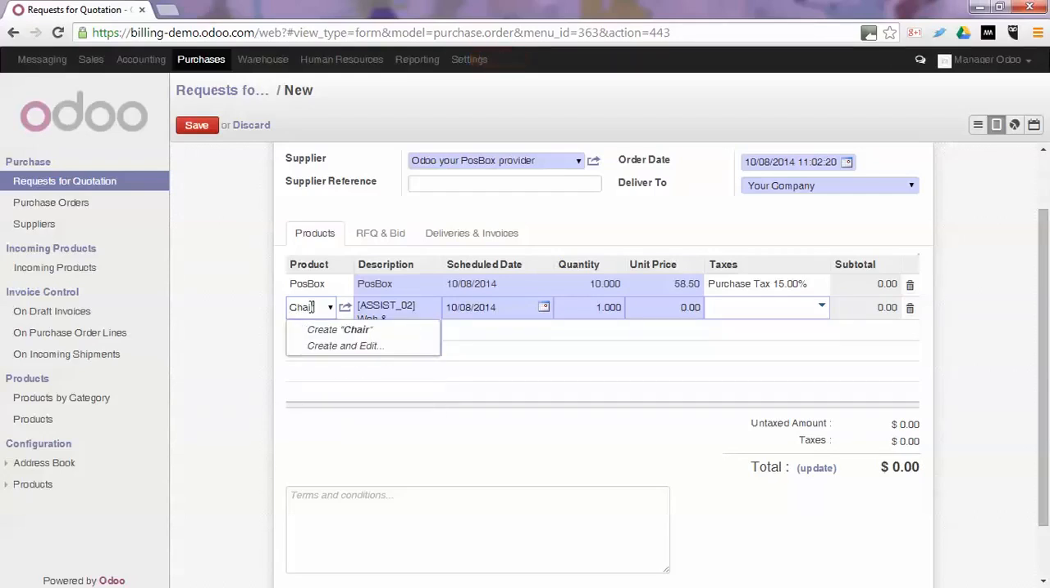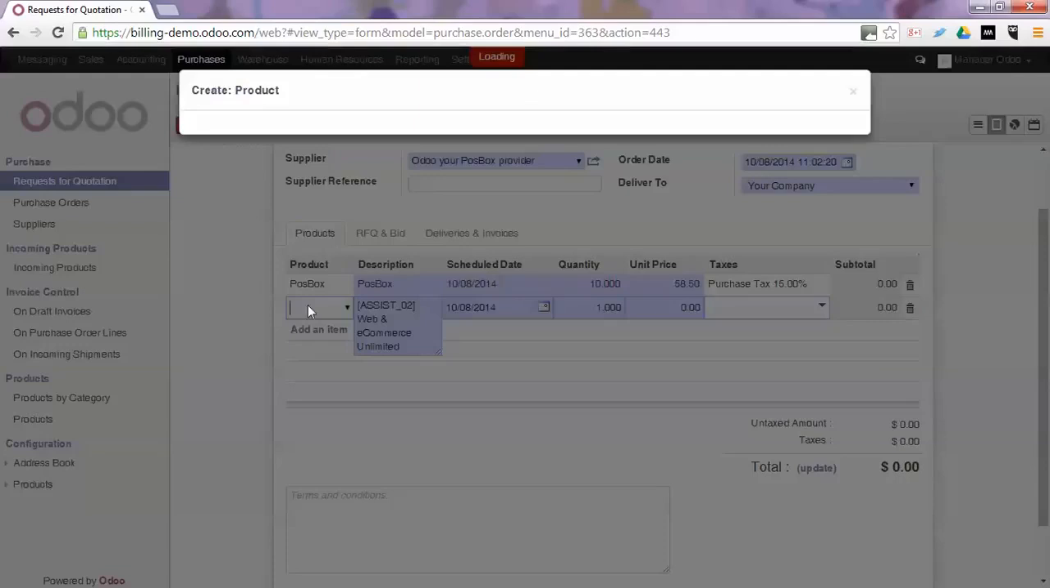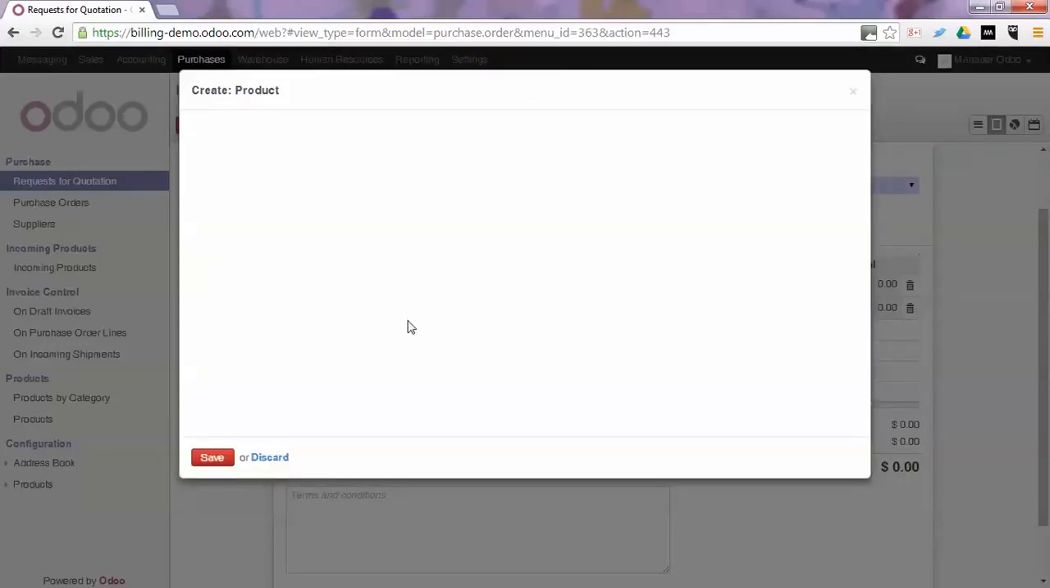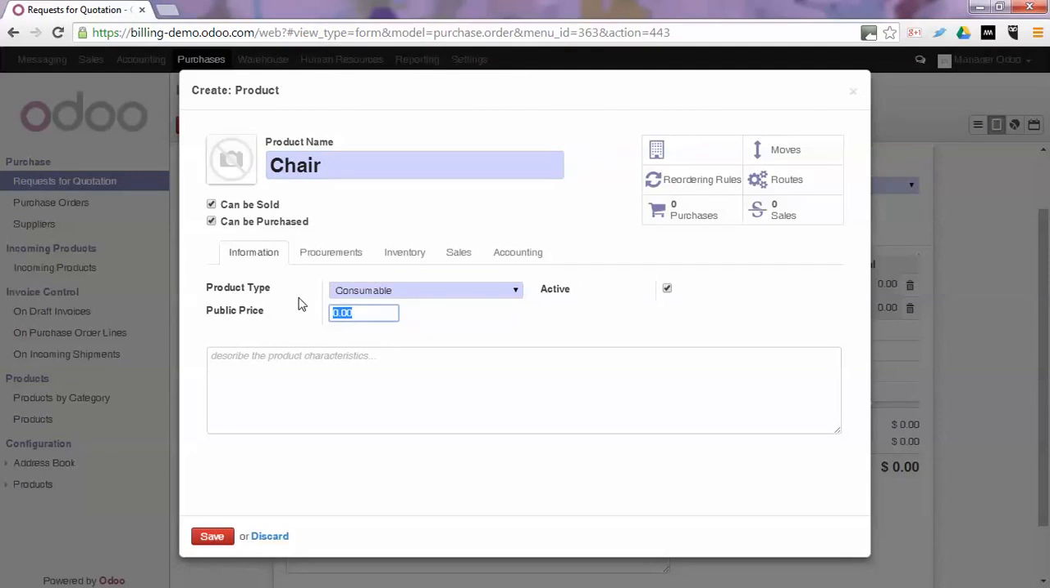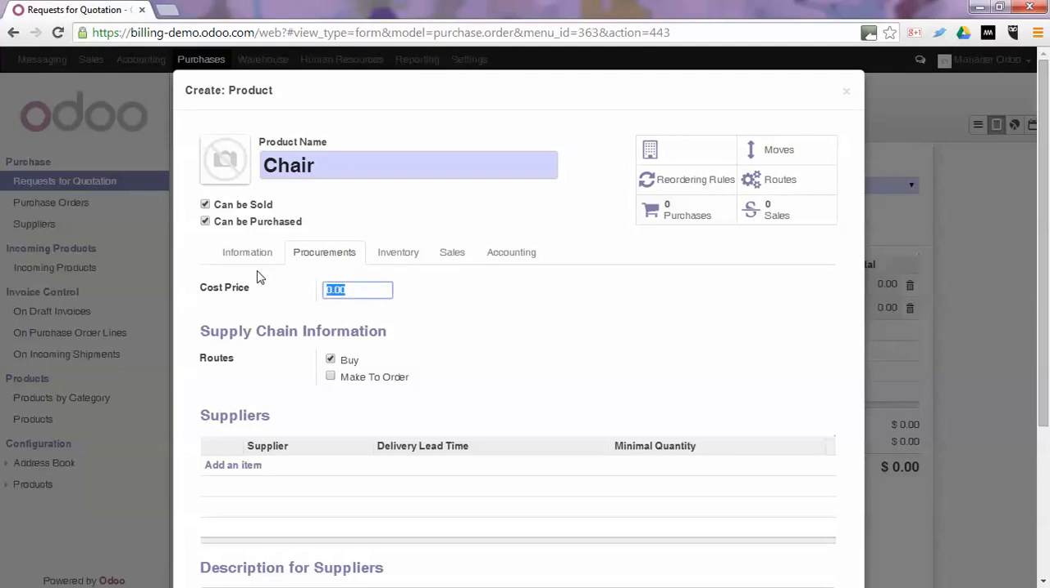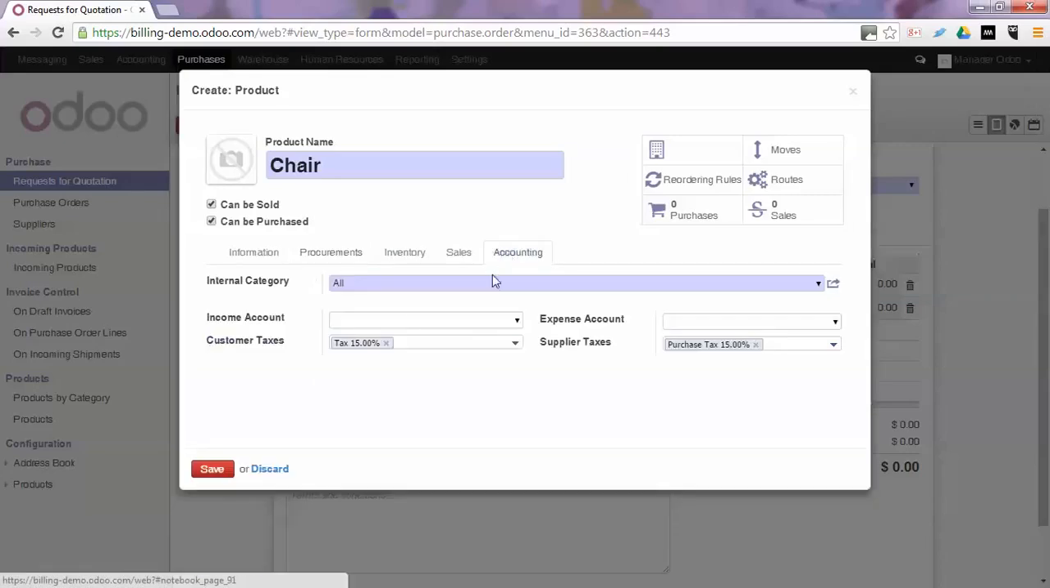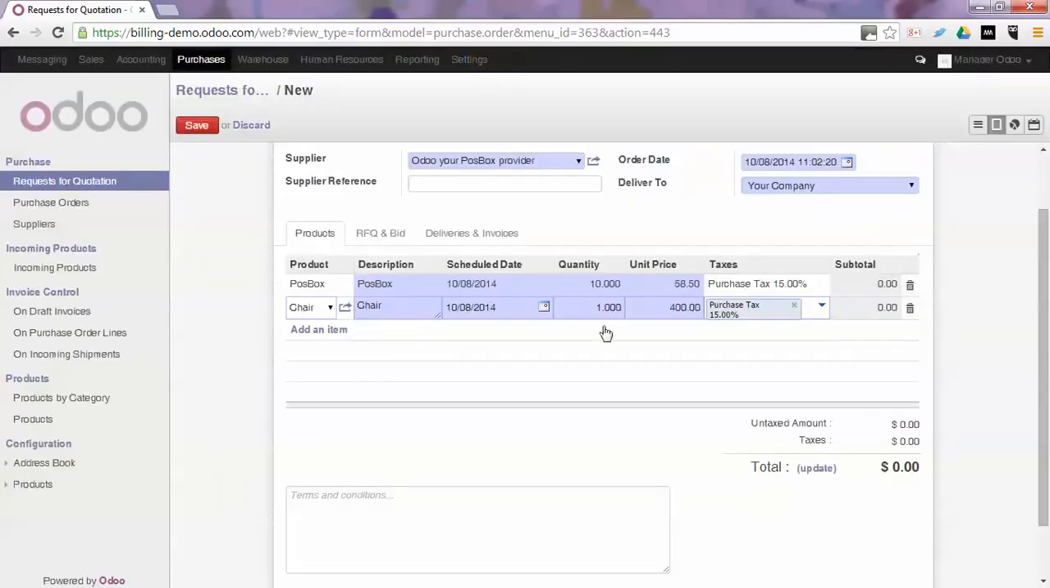Let's order a chair, create and edit the product. We will give it a public price of 500, a cost price of 400, and in the accounting tab you see that the default taxes have been applied. So we save the article and we will order 5 chairs. So let's save